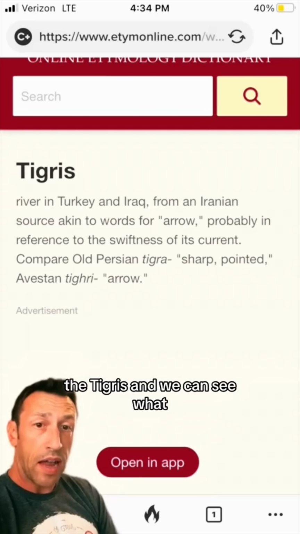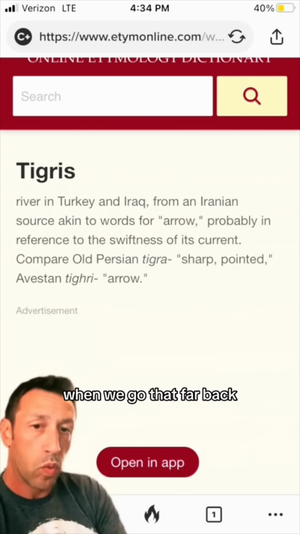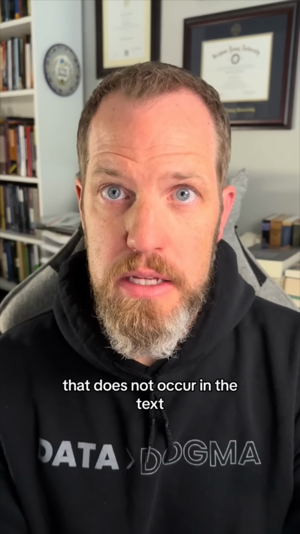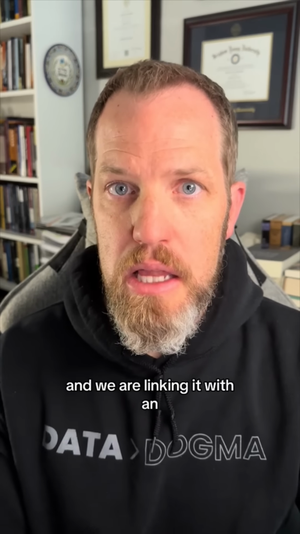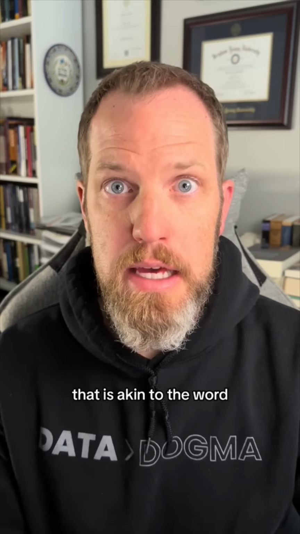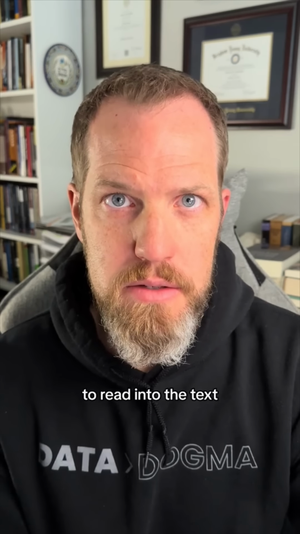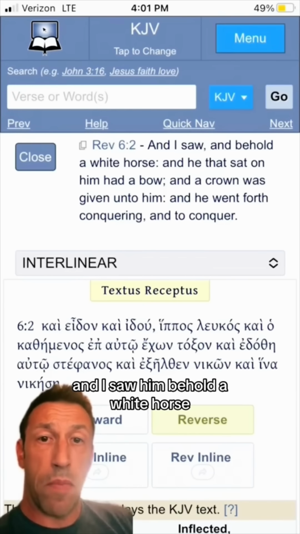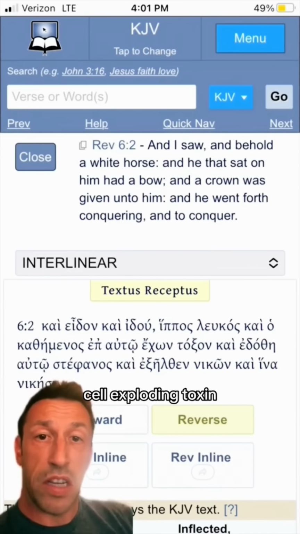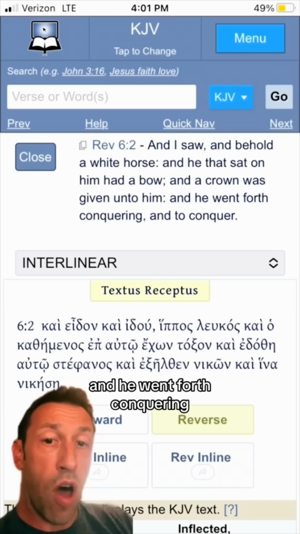And we can see what that means, and where it gets its name is sharp or pointed when we go that far back. So now we're talking about a word that does not occur in the text, and we are linking it with an old Persian etymology that is akin to the word that we have just arbitrarily decided to read into the text. Reading we get, and I saw and behold a white horse, and he that sat on him had a blood-poisoning, cell-exploding toxin, and a corona was given unto him, and he went forth conquering with a